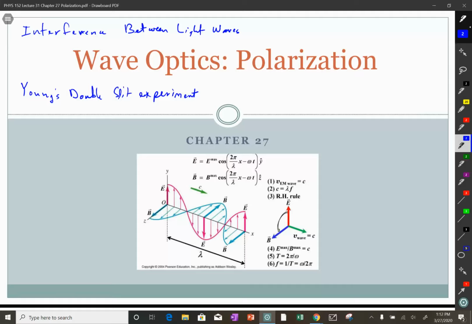If you were throwing balls, they'd go through one slit or the other. But when you shine light through slits, the light goes through both slits, and then you get constructive or destructive interference. Now, something I didn't say, scientists have done experiments where they essentially get the intensity down so low that